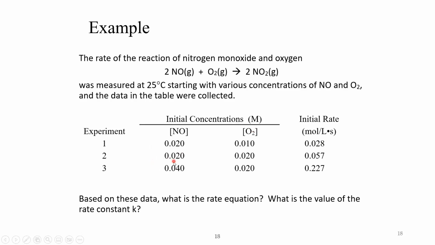And then if we look at trials 2 and 3, in this case, we keep O2 the same. So now when we double the concentration of NO, what we see is the rate of this reaction is actually going to quadruple. So what we're going to see here is the NO is going to be second order, just because when we double the concentration, we quadruple the reaction rate, whereas the oxygen is just going to be first order. So if we were to write this rate law,